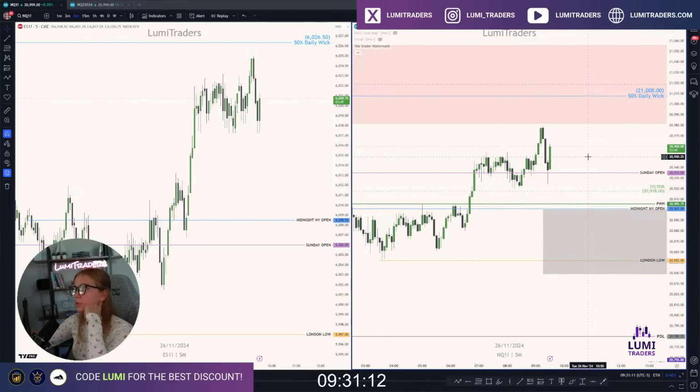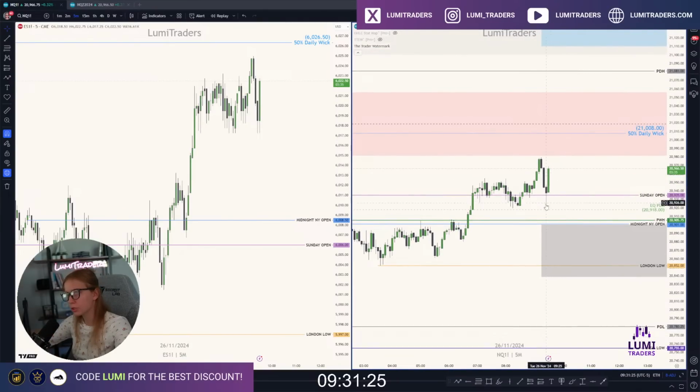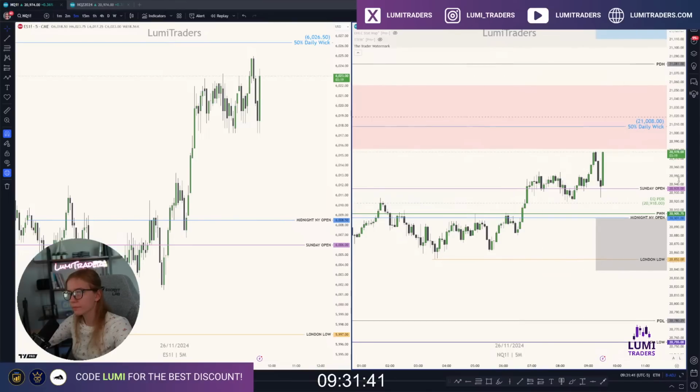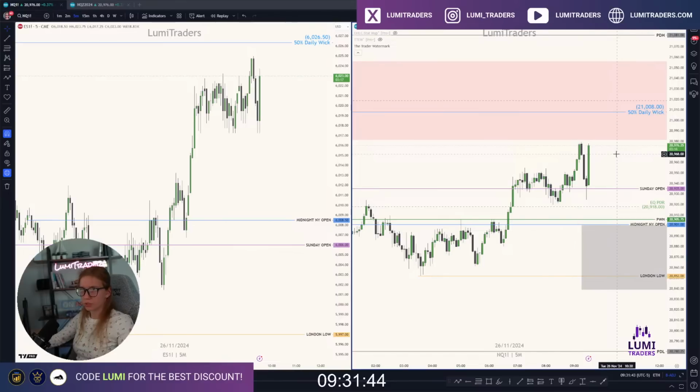Not going to be in a rush, just going to wait. If they want to continue going up without this retracement, most likely I'm going to stay away from taking any trades, because the original plan is just a retracement back to discount to long. As you can see, ES actually never offered a retracement, which is kind of tricky. So, patience.